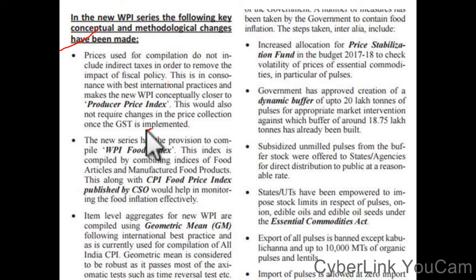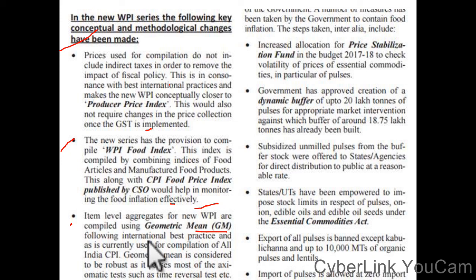Once the GST is implemented, the new series has the provision to compile a WPI food index. This index is compiled by combining indices of food articles and manufactured food products. Along with the CPI food price index published by CSO, it would help in monitoring food inflation effectively. Item level aggregates for the new WPI are compiled using the geometric mean,